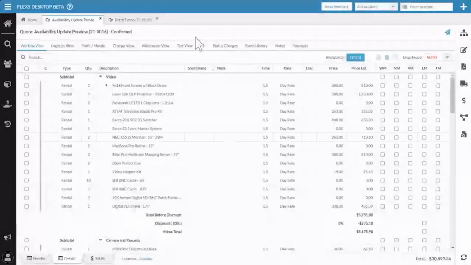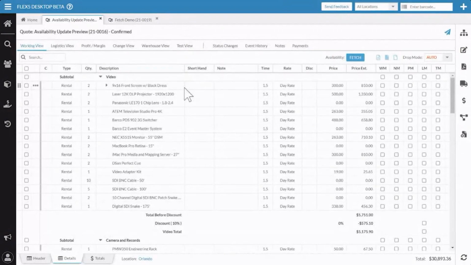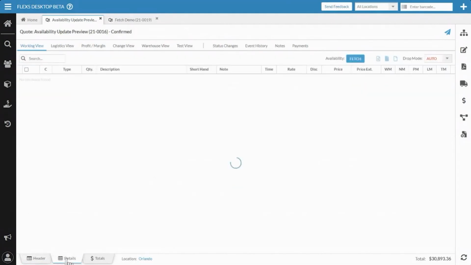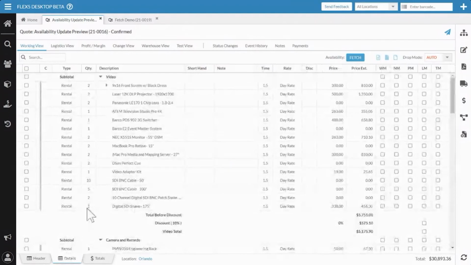Okay, so here's my page. One first thing that I'm going to highlight: you'll see here, I'm on this quote, and in my conflict column, everything is gray, not red or green, gray, saying I don't have availability yet. It's more similar to the old style if I just had availability off. When I switched from the header over to the detail block, it loaded the lines, but it doesn't even try